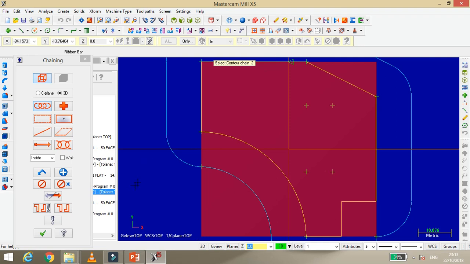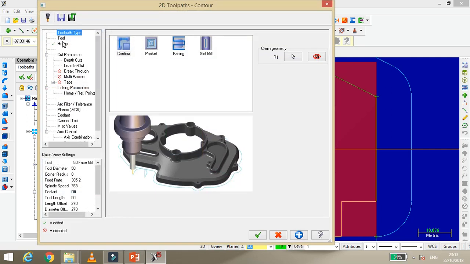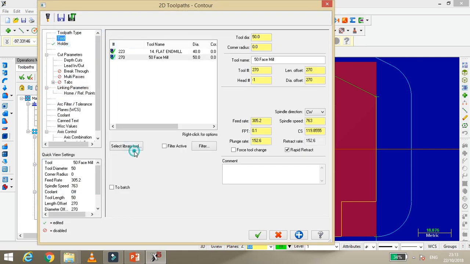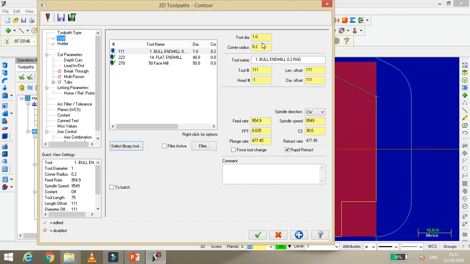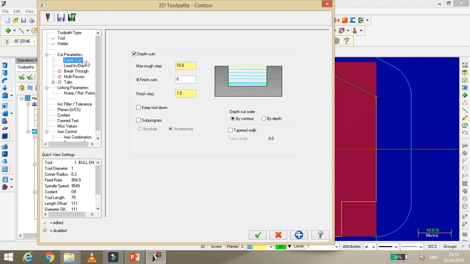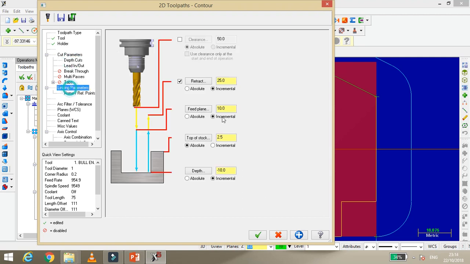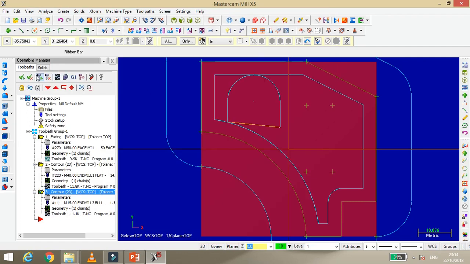For that also, I select that chain. Just click on OK. Wait a minute for that, and then go into tool and in the tool I select the bull nose mill. The dimension of that bull nose mill must be 15. I go to depth of cut, and the linking parameter is minus 10. Okay, now it's over, your finishing operation.